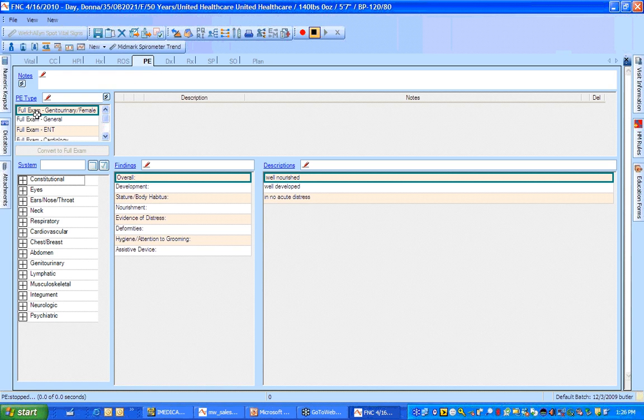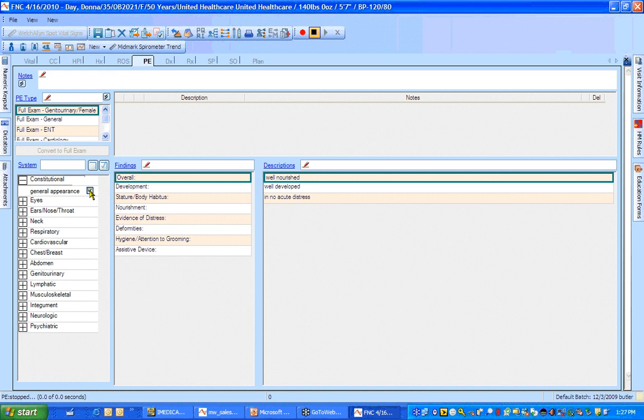I do have all my physical exam types available for viewing today. The application does come with all of them, and knowing that OB-GYNs often act as a female's primary care provider, you may need to utilize any one of these at any given time. You could turn them off if necessary as well, so you don't have them in your view if you never need them. Furthermore, you can create your own physical exam types as well. Maybe they're problem-based. You can easily create them, and just like in review of systems, select that everything is normal for that type of problem, and then chart by exception for the patient. Let's go ahead and keep this one